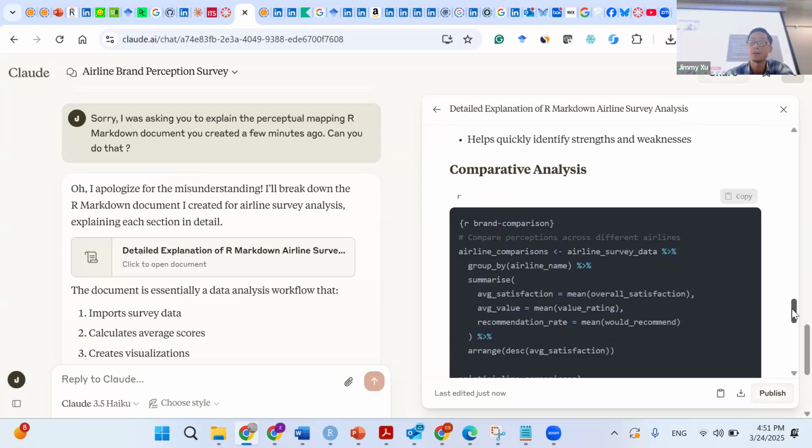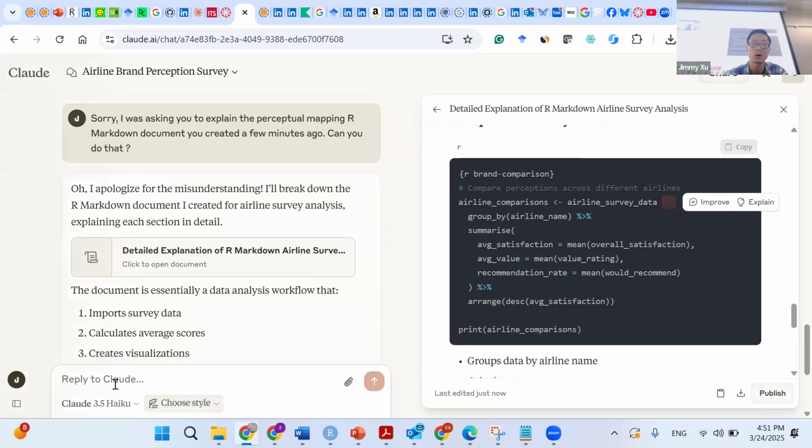He used dplyr. So if you don't know what these confusing signs mean, let's say, there are 2 percentage signs, and then also a greater than sign in between. So I'm going to ask him again. You used this sign. I know it's dplyr.